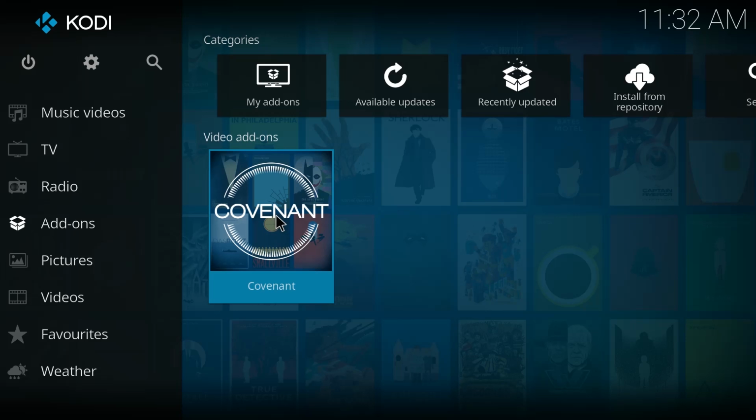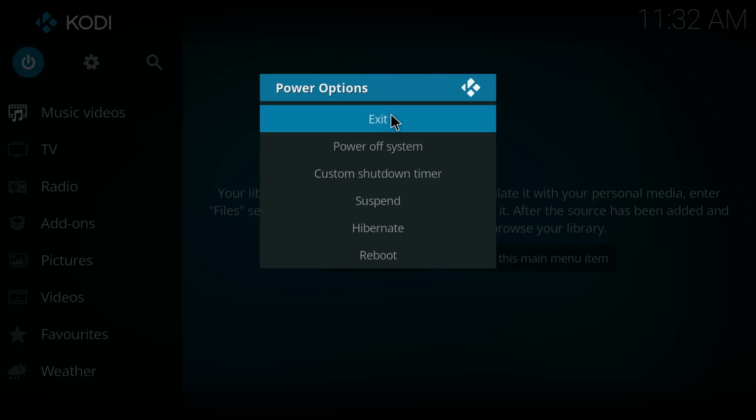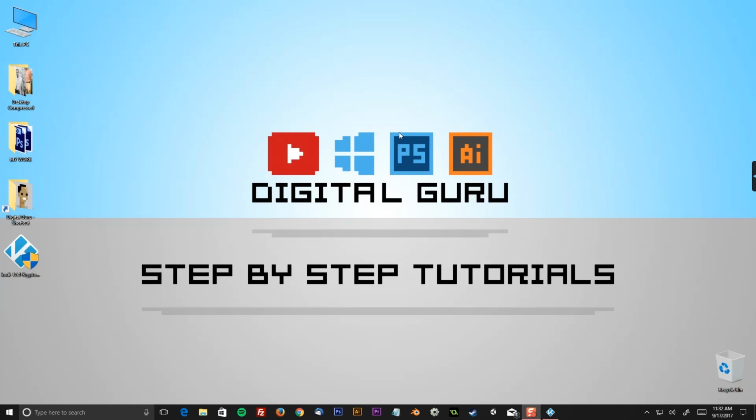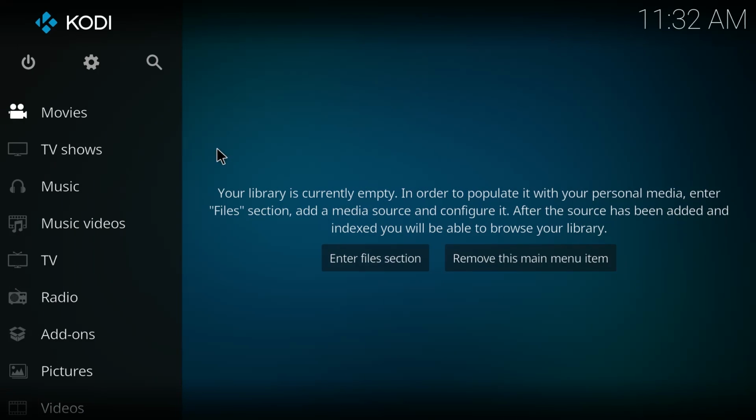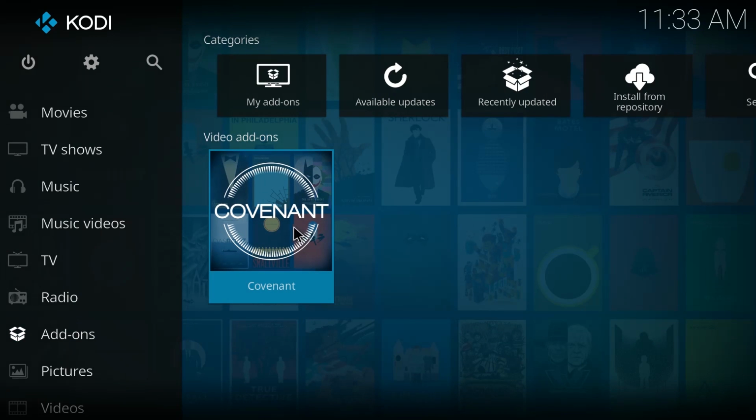Now we can get started with Covenant, but first, another crucial step that people miss: exit Kodi. Don't just jump right into it. You want to exit Kodi. This helps solidify the process that we just went through of installing all the add-on dependencies and whatnot. So now we can open Kodi right back up, and from here go to add-ons. Here's our video add-ons,